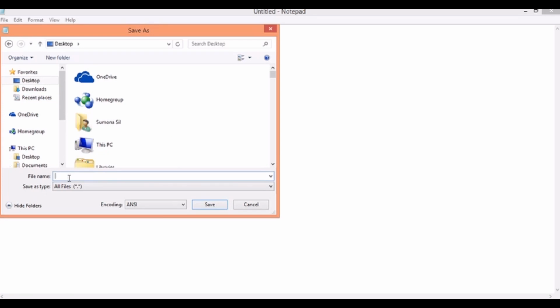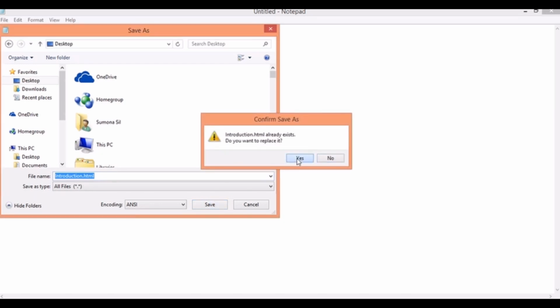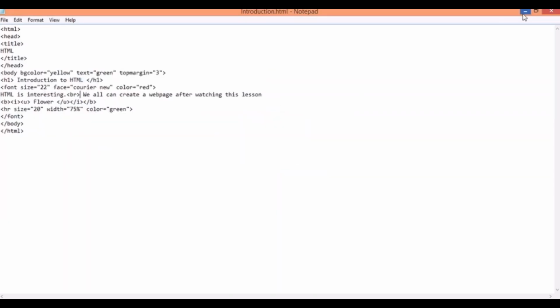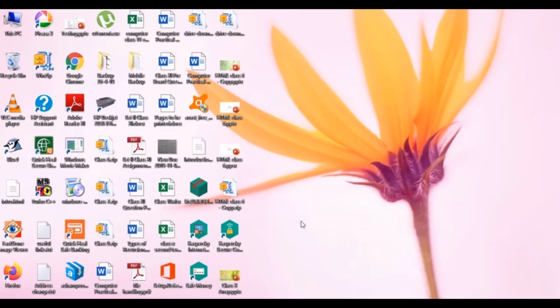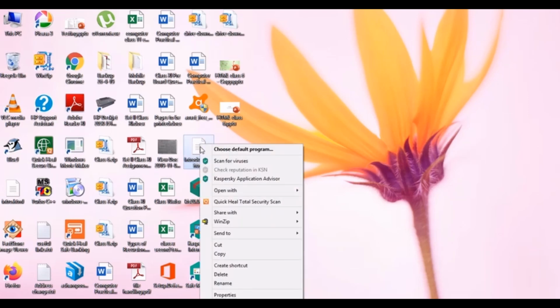We'll name the file as introduction.html and we will click on Save. So what will happen? An introduction.html file will appear on the desktop. See here, this is my introduction.html file. What I'm going to do here is I'm going to right click on this and I'm going to open it with Firefox.